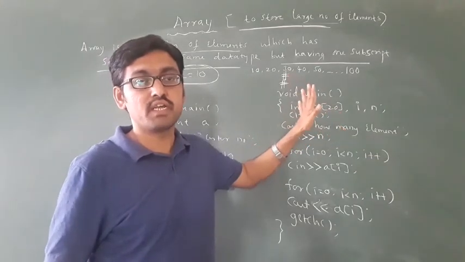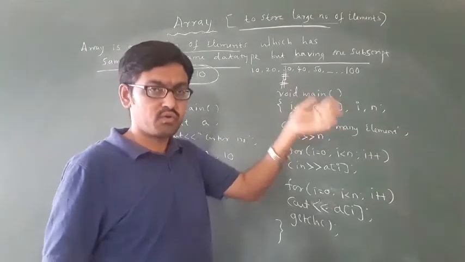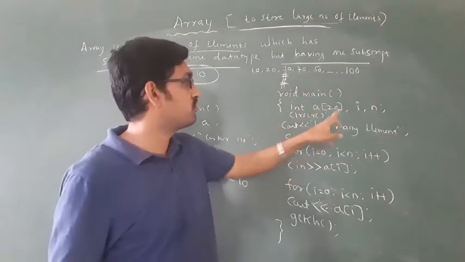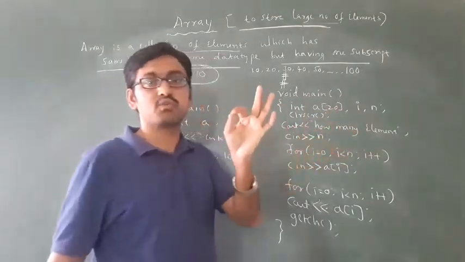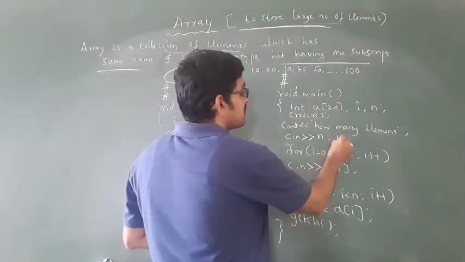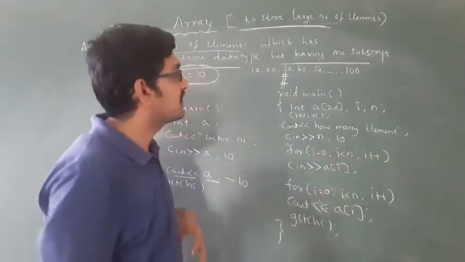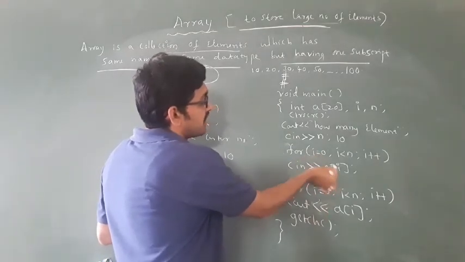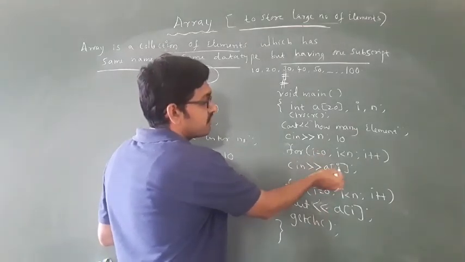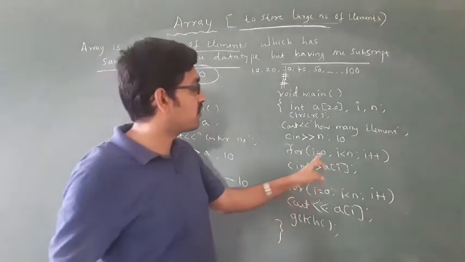You can store 20 values in this. Okay, you can store 20 or below 20 values in this. Then n, how many elements you want to store? I want to store 10 elements. 10 elements ಅಂದ್ರೆ ನಾನು ಫಸ್ಟ್ ಎಲಿಮೆಂಟ್ 10 ಕೊಡ್ತೀನಿ. 10 ಎಲ್ಲಿ ಸ್ಟೋರ್ ಆಗುತ್ತೆ? It is stored in a of i, understood, a of 0. In a of 0, 10 will be stored.